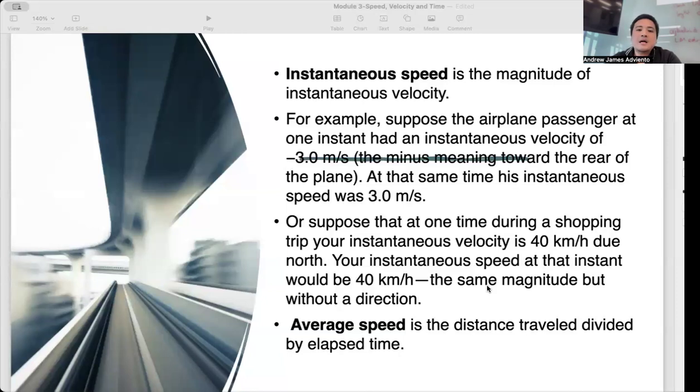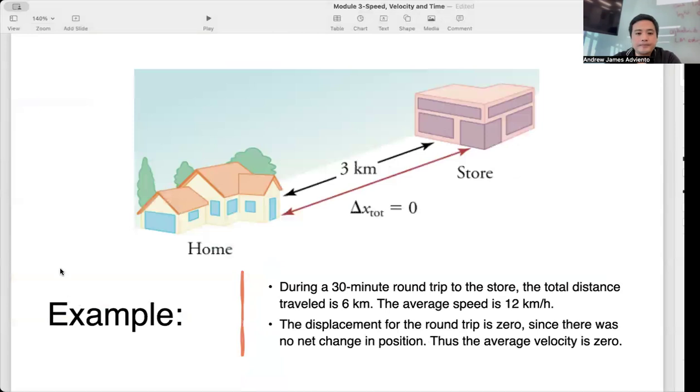It is calculated by dividing the total distance traveled by the total time spent traveling. This is useful when motion is not constant, such as during a trip when you stop, slow down, or speed up. In this example, a person travels